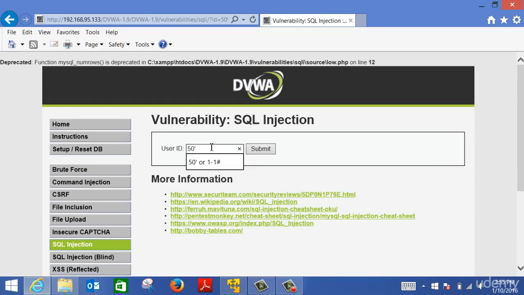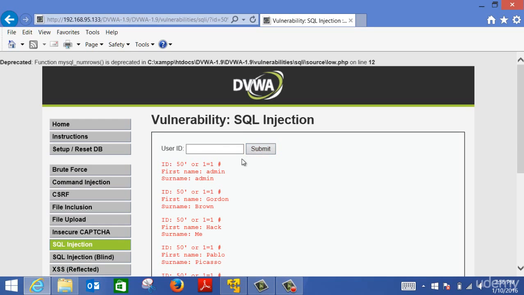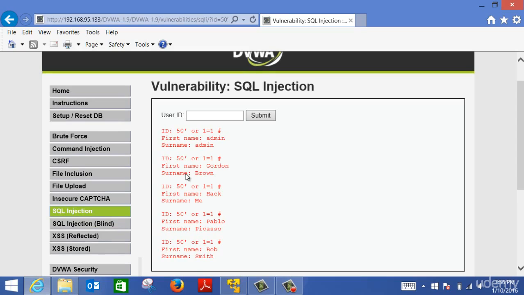50 apostrophe or 1 equal 1, then hash and submit. And as you can see, what happened is he dumped all the information inside the table. So I didn't write anything, right? I just wrote the SQL comment, could you verify that? And he told me, yes, we have a record under this name and that name and that name. So if this was the username and password, you'd be able to log in